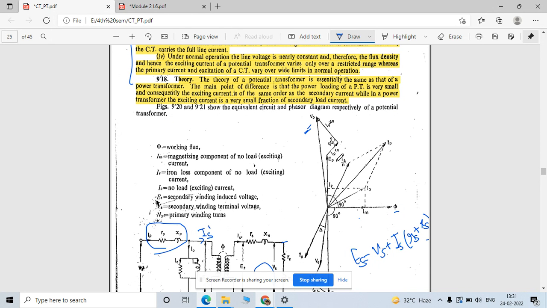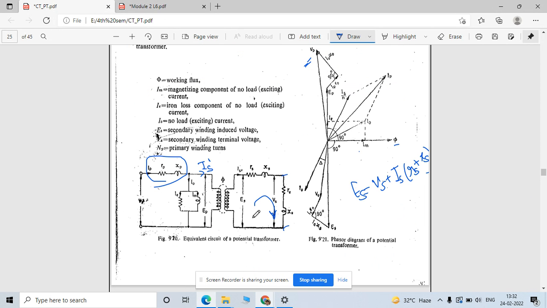ये वेक्टर को आप इसके पैरेलल में लेके जाओगे यहाँ पे, this is your RP. Okay, so this is the drop across your resistance, and this is an inductive coil. So for inductance current, what happened in inductance? Voltage is leading in inductance, right? Voltage is leading in inductance, so this is your leading here, and the sum of these two vectors is nothing but your VP. ओके, सो जैसा आपका इक्विवेलेंट सर्किट है, अकॉर्डिंग टू दिस यू कैन इजीली ड्रॉ दिस सर्किटरी. नाउ